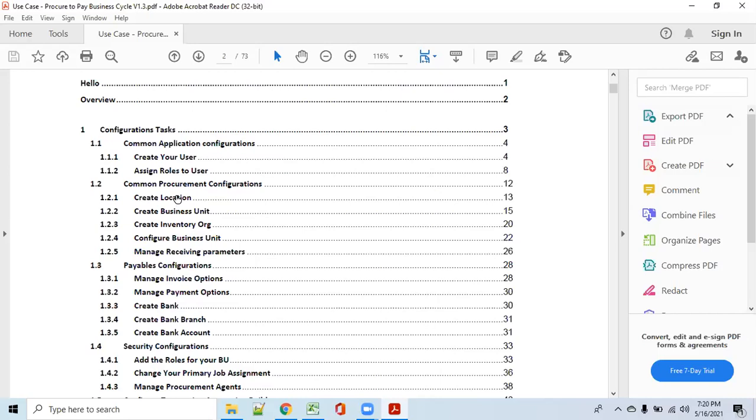Locations means where your business unit belongs, whether it is Hyderabad or Bangalore or Chennai or Pune. So we have to define the address. The address we define in the location. After defining the location, then using manage business unit, we will go step by step.